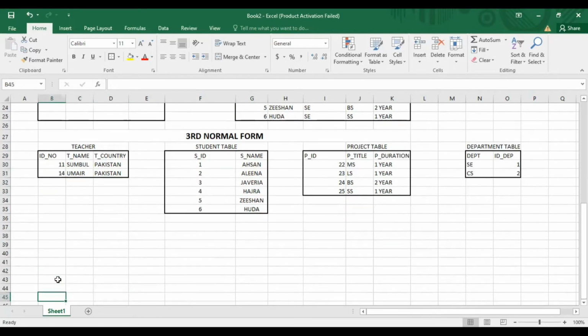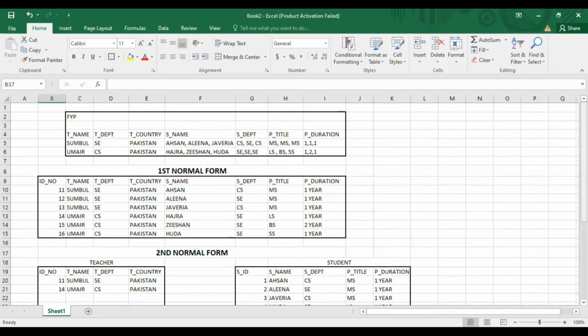In this you can see there are no null values. In unnormalized data, there are many null values, so we divide that into multiple tables. For that, we get rid of null values. And in first normal form, if we have to delete this data, we have to delete a whole column or this whole row. For example, I do not want to delete this data. I want to delete only this one.